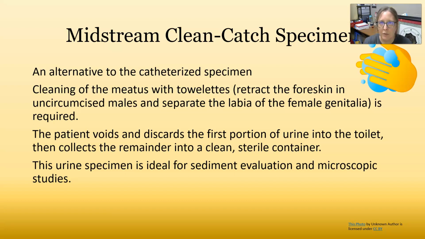The cleaning plus discarding that first little part should limit contamination of the specimen from skin bacteria. For that you also want to use a clean, sterile container. This type of urine specimen is ideal for sediment evaluation and microscopic studies, and it's really good for detecting UTIs, urinalysis,